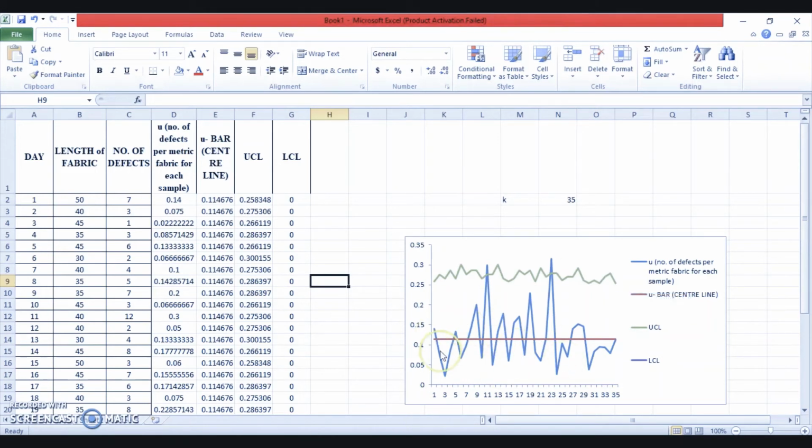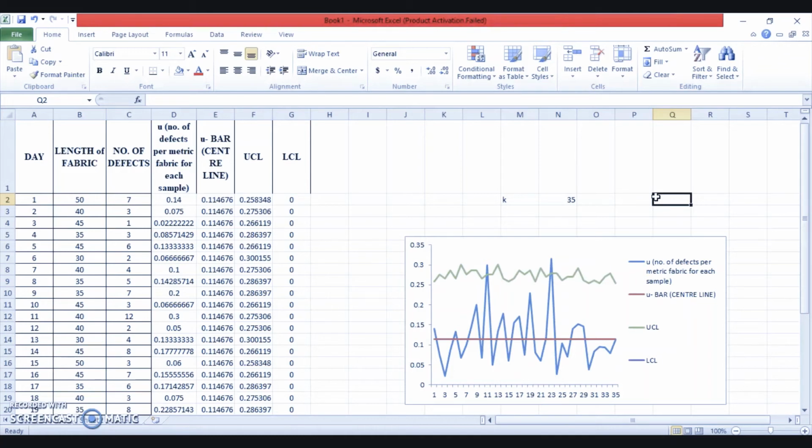So what we'll do here now, we used the first approach, now we'll use the second approach to do the same. If you remember, in the second approach the control limits are calculated using the average sample size. Now how do we do that? We'll do it right now in front of you. That approach is used when the variations among the sample size are not large and future sample sizes are not expected to differ significantly from the average sample.